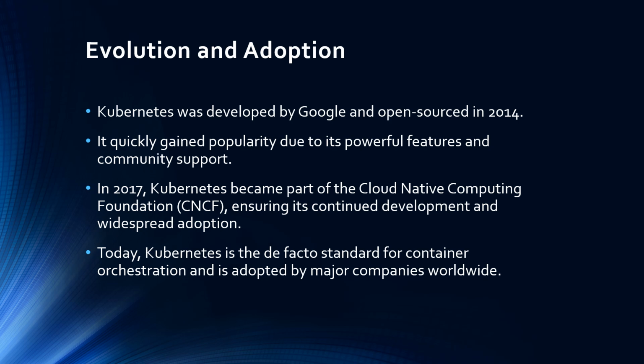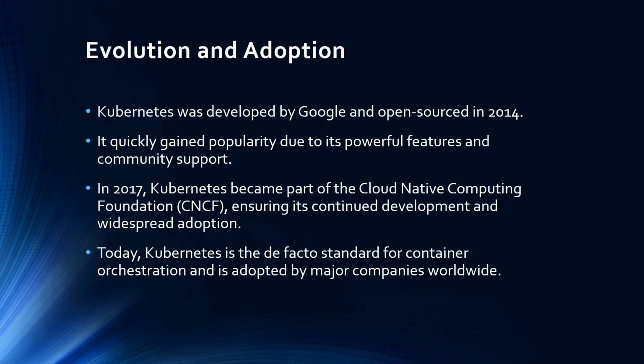The adoption timeline tells an impressive story. 2014, initial release. 2015, adoption by early innovators. 2016, production use by major companies. 2017, widespread enterprise adoption begins. 2018 to 2019, becomes the de facto standard. 2020 to present, focus on security, ease of use, and edge computing. Today, Kubernetes is used by organizations of all sizes, from startups to enterprises, and runs some of the world's largest